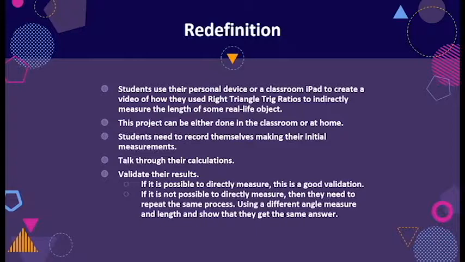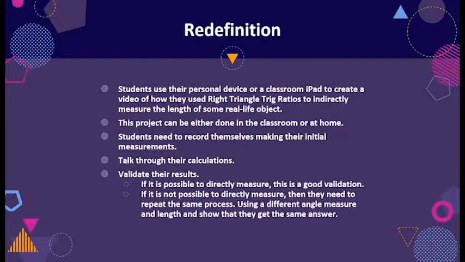If it's possible to directly measure the object that they calculated, this would be good validation towards the answer that they got using the trig ratios. If it's not possible to directly measure the object,